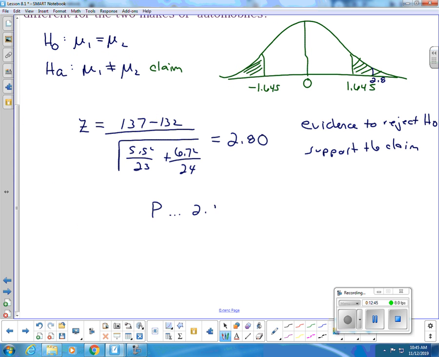So 2.8 on the chart gives me 0.9974. Then you have to do 1 minus 0.9974. And then you got to do 2 times that. So you get 0.005, which is lower than our significance level, which is why we reject it. Okay? Regions, a little bit easier on this one, okay? You do the regions. All right? Here, start your math Excel, guys. See if you can do